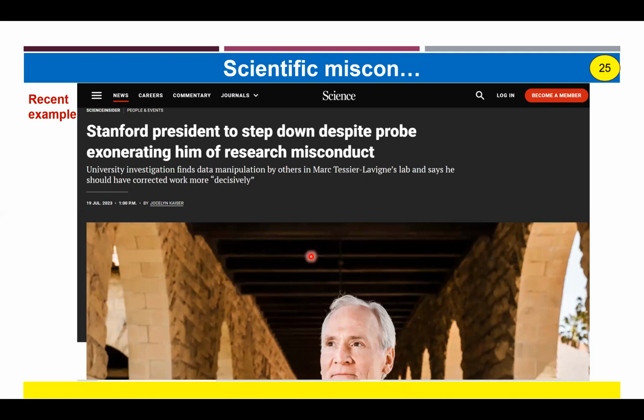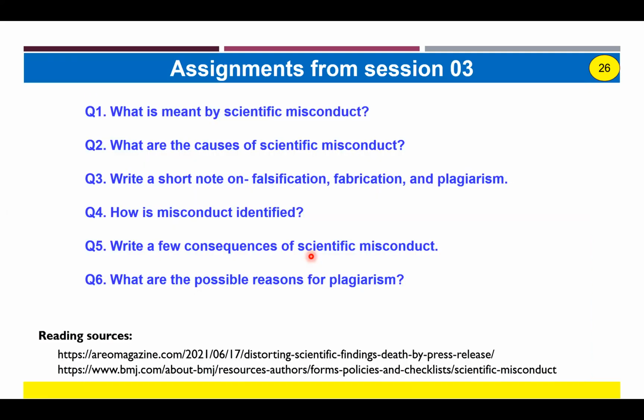It does not matter whether you are the leader of the institute, it can happen to you as well if you commit misconduct. So try to avoid the wrong practice. Always remember 2FP. Okay. So falsification, fabrication, and plagiarism. We'll be talking about plagiarism more in the future. So right now we'll complete this part. Okay. So now I'll give you the assignment from this part. Okay, please note down. Might be today we have a little bit